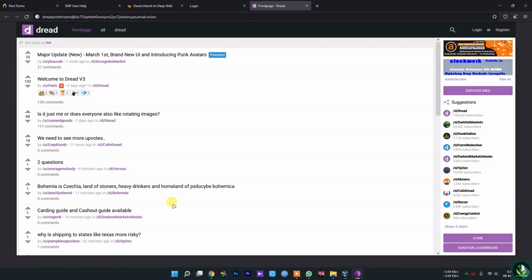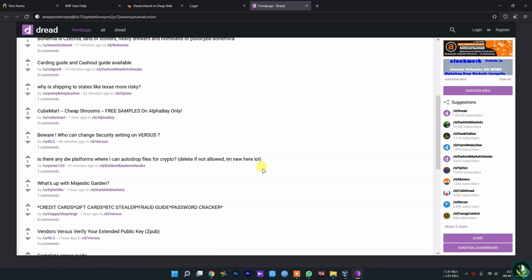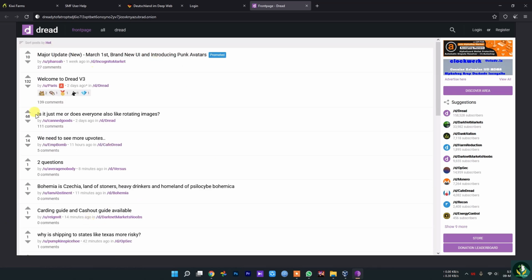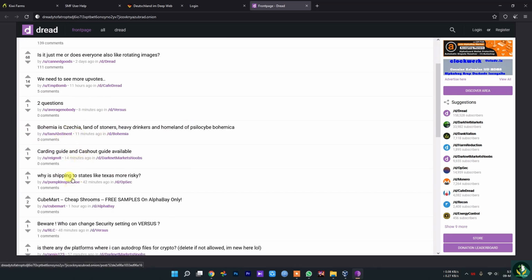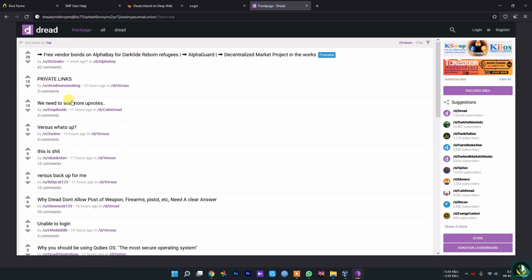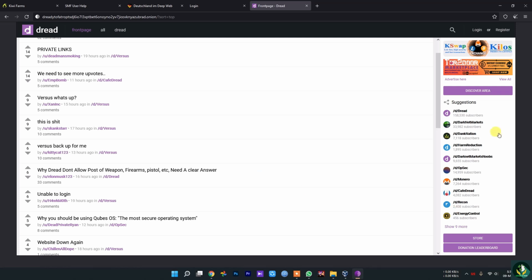And the final one is quite popular. I think it is one of the best forums in the deep web, and as you can see, it pretty much looks like Reddit because it also has Reddit-style posts and upvotes. You can sort the posts by hot or top. You can just select any of these and it will load up. As you can see, there are private links and many upvotes. In this area you can also see the top subscriber channels.